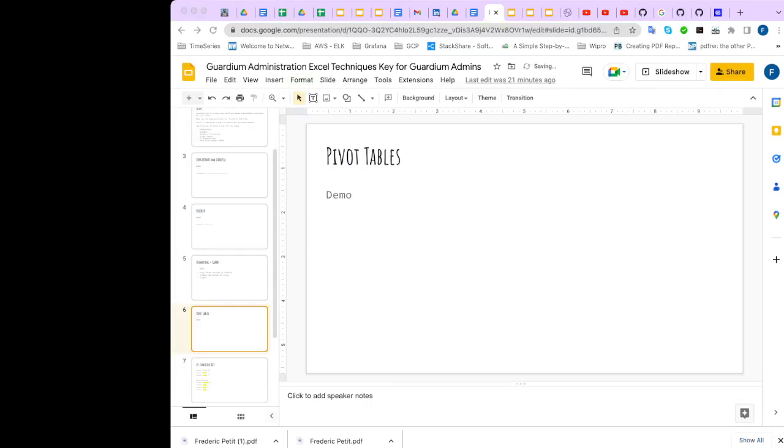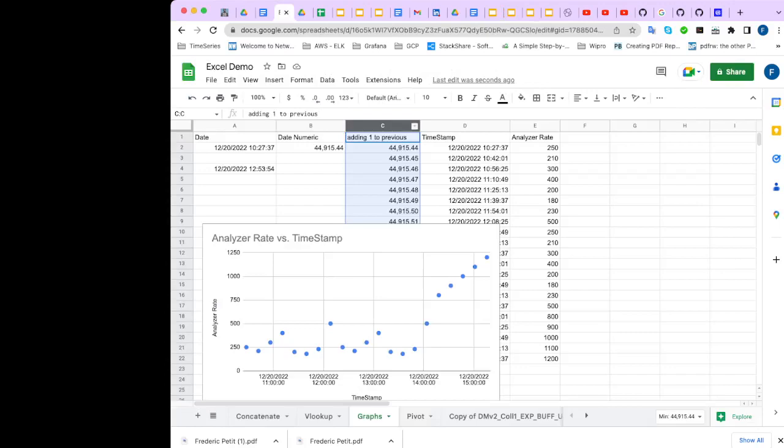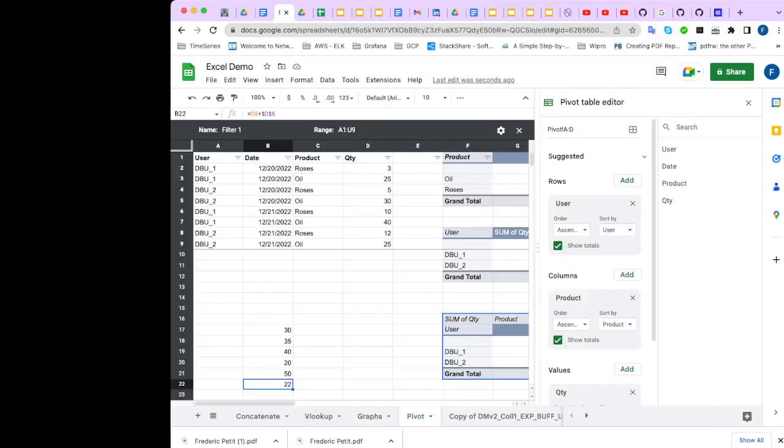Okay, so now let's talk about pivot tables. Pivot tables are very, very useful. Okay, so here we are. Here I've got a very stupid